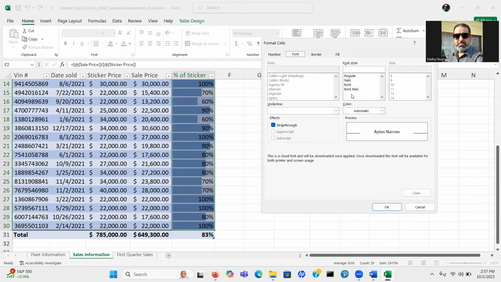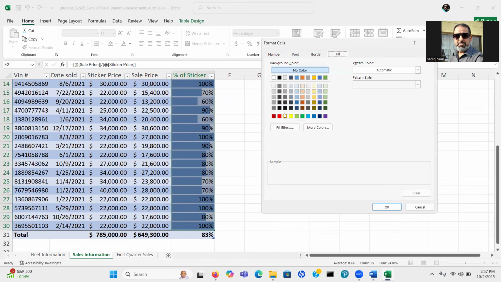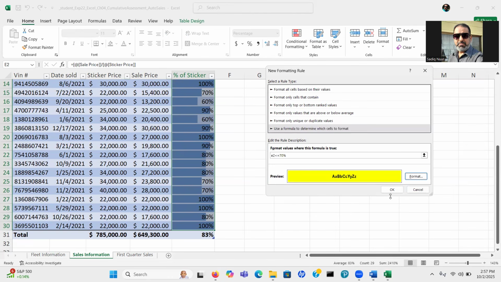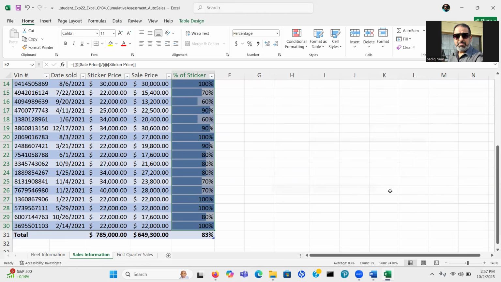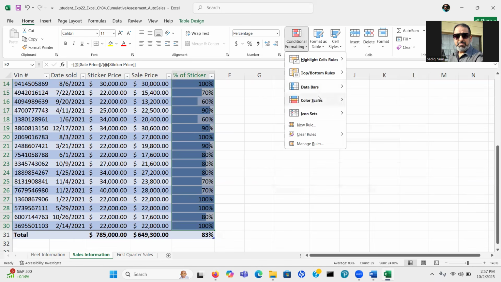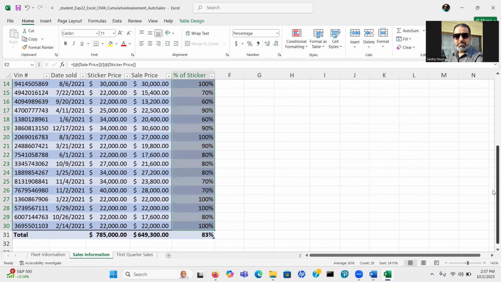Then we want to boldface the text. Now click the fill yellow. So I need to do it again. It has to show.